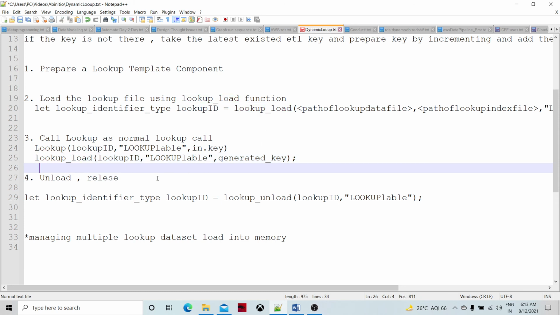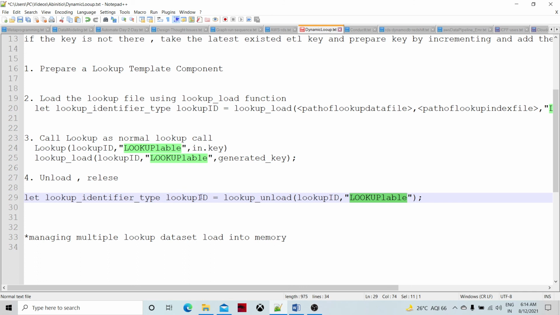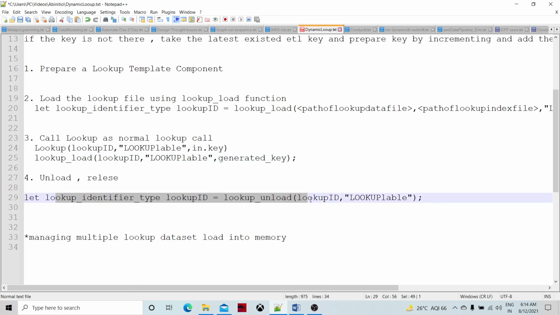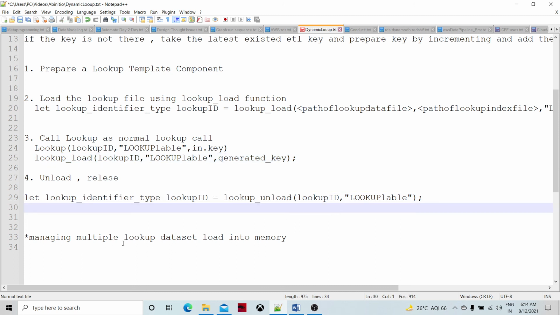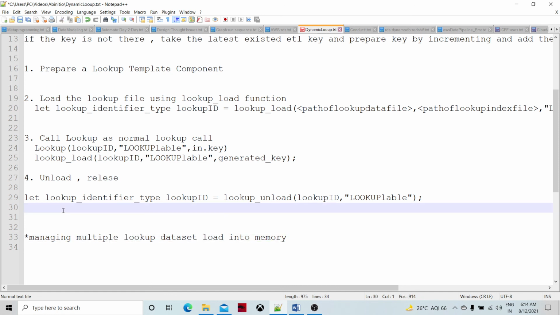If you want to release the memory, then what you are going to do is lookup unload, lookup ID, and lookup table. Lookup table is the label of this. So you can dynamically call this lookup as many times as you want, and then you can load that lookup using your data, and then you can free the memory using the lookup unload. Managing multiple lookups loaded into memory: whenever you call multiple lookup loads in a particular component, the component will make sure that only one live set of lookup exists in memory.